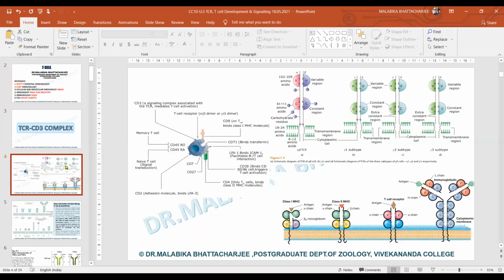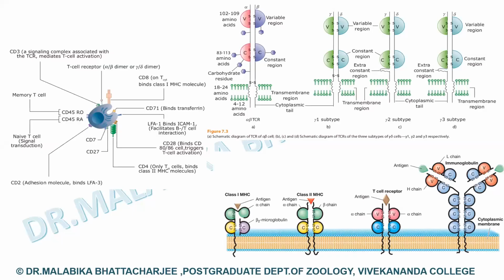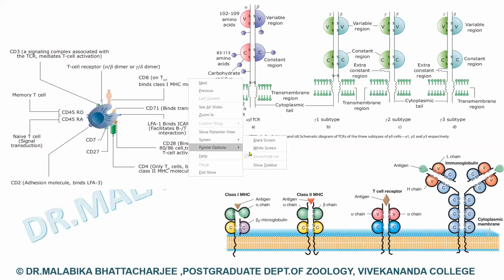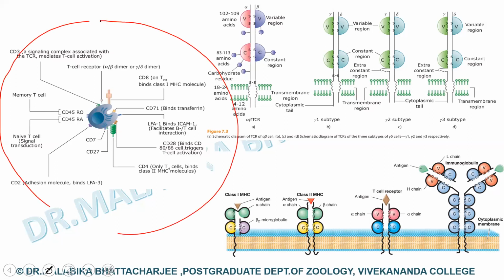Since we have done a brief on immunology and we have done the cells and tissues of the immune system, you are by now aware of the lymphocytes and the basic receptors these lymphocytes express. So this is a typical T cell. And when you talk about a T cell, the important receptors of a T cell are the T cell receptor itself.